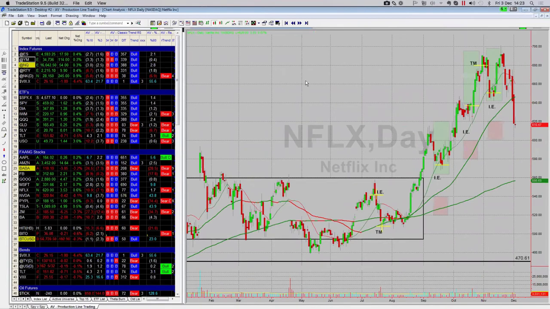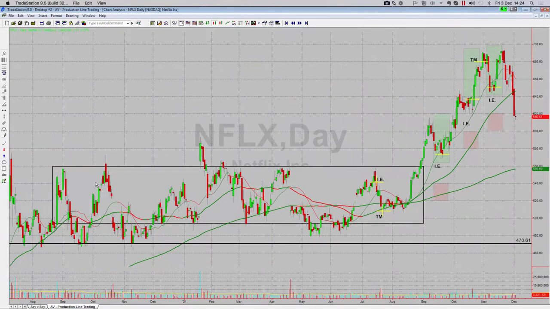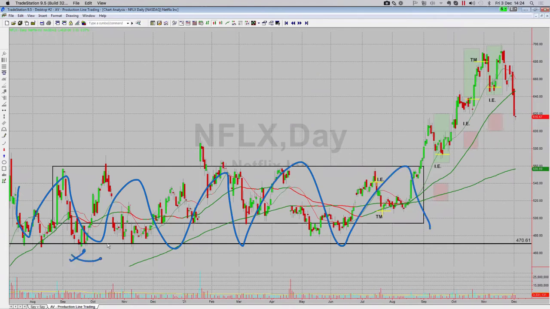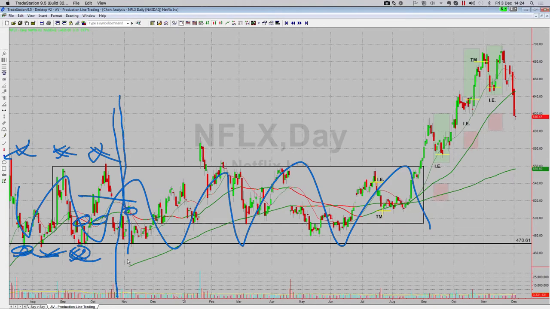Netflix, for the better parts of last year and this year: buy range low, sell range high. When you've got three touches of the range low and the range high, at this point here, we speak about this quite regularly. You've got three touch points. Why three? Because any fool can connect two touch points. Three touch points, three crosses in your average price. There's your mechanical evaluation of a range.